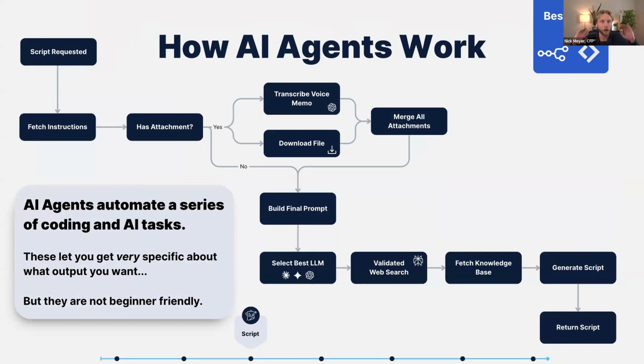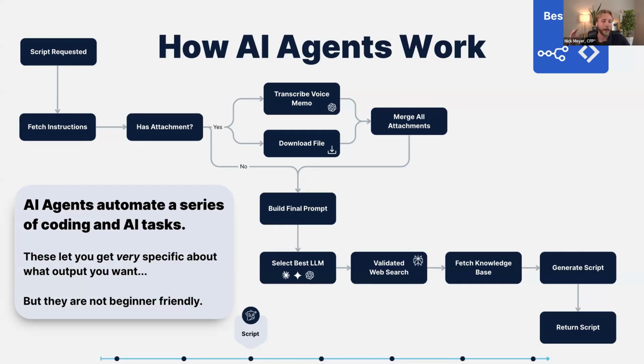You can give them as much context as humanly possible. You can try to train them as much as humanly possible. But at the end of the day, they're only going to retain a small amount of that information. And no matter how good your input is, they're going to give you outputs that are hit or miss. Sometimes you're like, okay, this is like 70% of the way there. I can make some edits to this and it's going to be good to go. I'm ready to use this in my content. Other times it's going to be easier to just delete the entire thing and just start from scratch and build it all yourself.